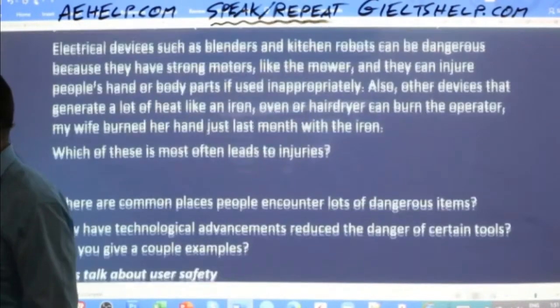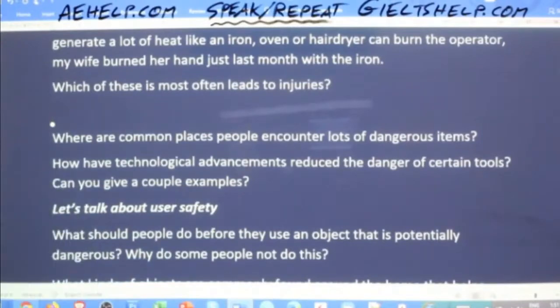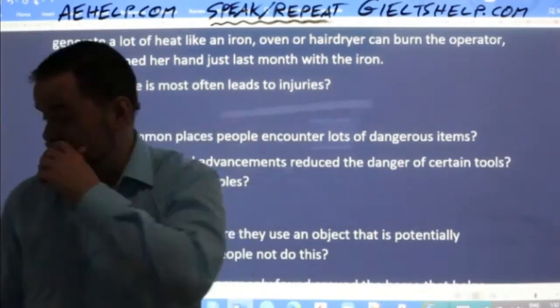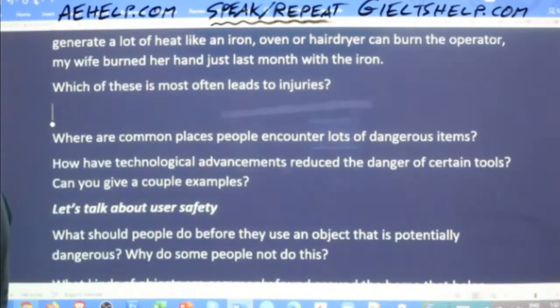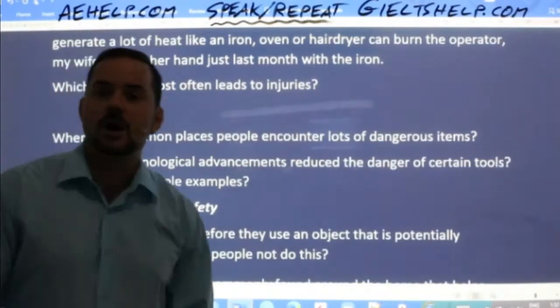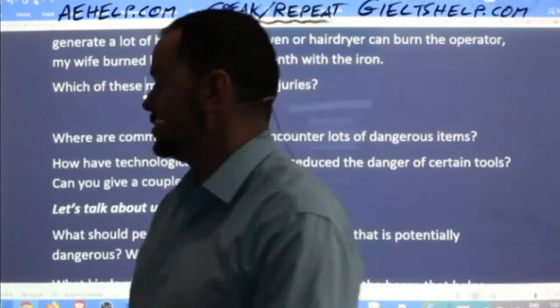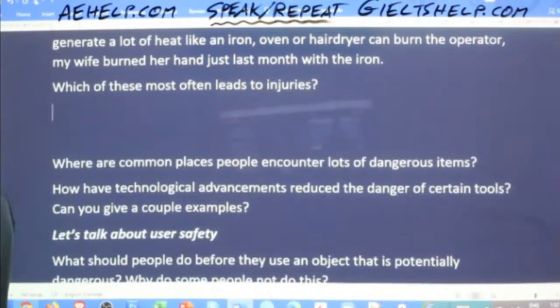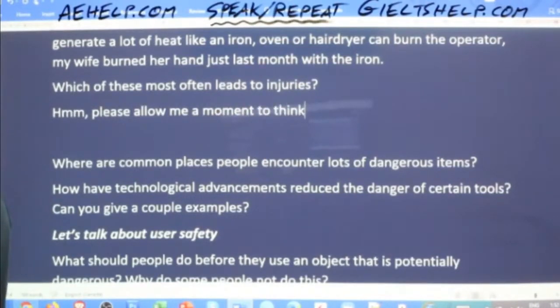Here we go. Next question. Which of these most often leads to injuries? Okay. So here, don't overcomplicate. Give me a nice, simple answer. Okay. Which of these most often leads to injuries? Please allow me a moment to think. Well, if I consider